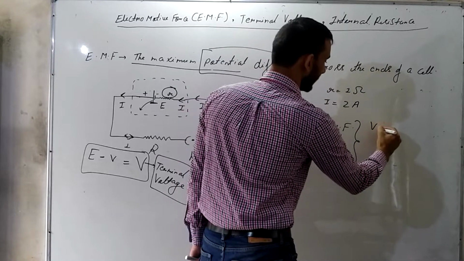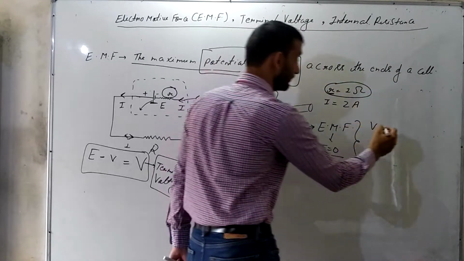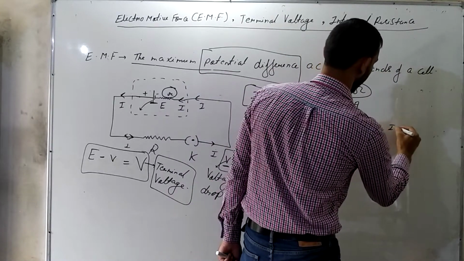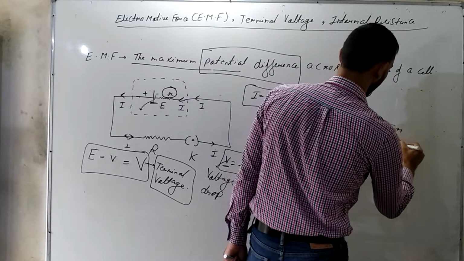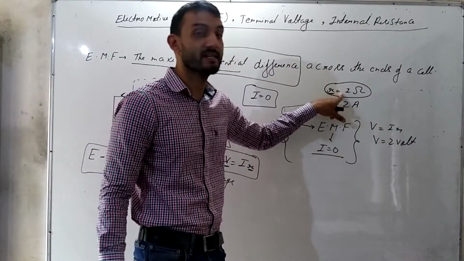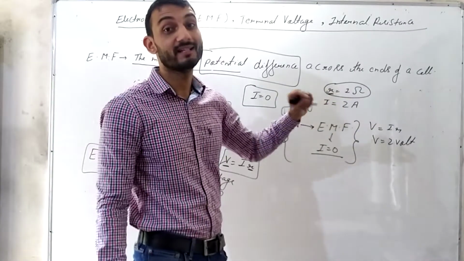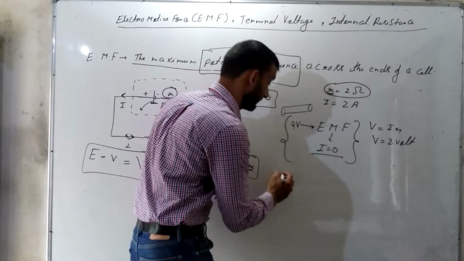So what will be the voltage which will be taken by this R, which is the internal resistance of the cell? So V is equals to IR. So V is equals to 2 volt. It means out of 9 volt, 2 volt is already taken by this. Now how much we will get in order to glow the LED? We will get just 7 volt out of this 9 volt.